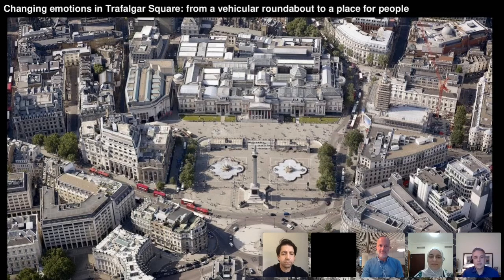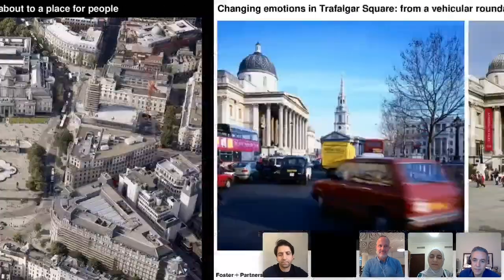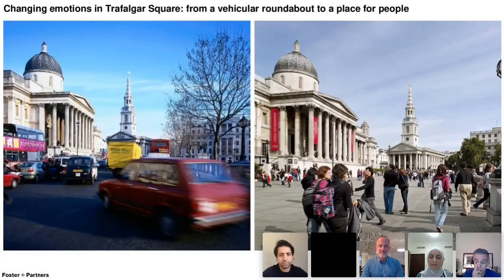But of course, Trafalgar Square wasn't always like this. If you go back around 20 years, to the image on the left, it was really a traffic island. It was incredibly noisy. It was smelly. You really couldn't get to Nelson's Column in the middle, and there was no connectivity. You can imagine the noise and the disturbance of what it was like to be around Trafalgar Square at that time. Whereas the image on the right is the way it is now,